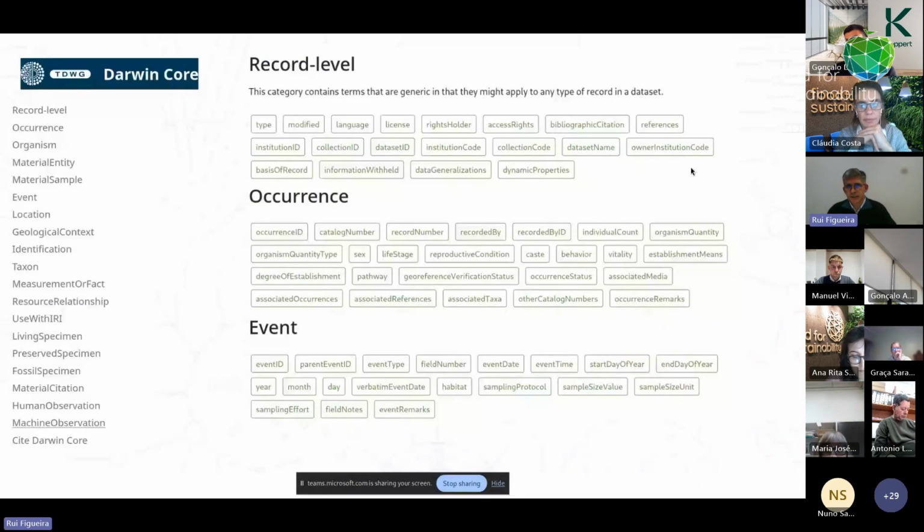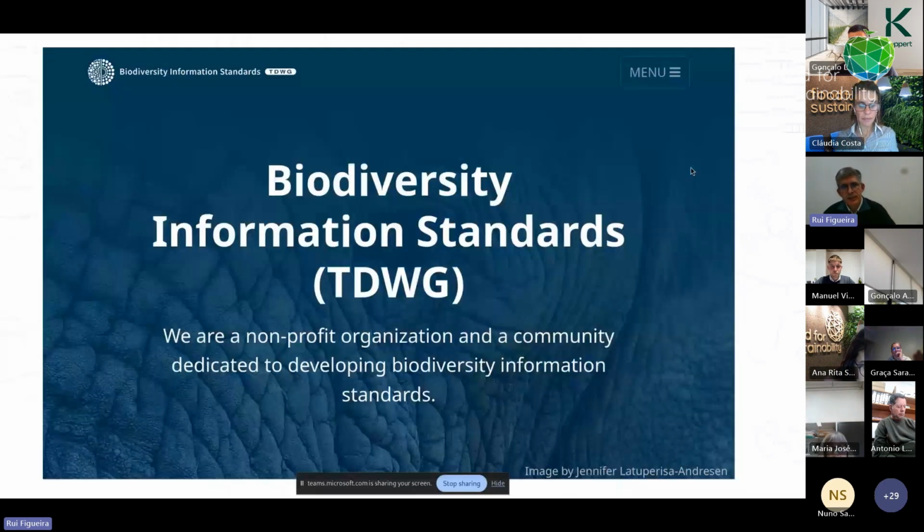The Darwin Core standard is simply a list of terms or columns in your table that are well defined with a specific concept, with some recommendations, with controlled vocabulary, all that anyone can understand and use to organize the data. And if I publish my dataset here in Portugal, anyone in Japan can understand and doesn't need to contact me to ask, what is this? So it is organized. And this goes through the Biodiversity Information Standards organization that regulates the development of the